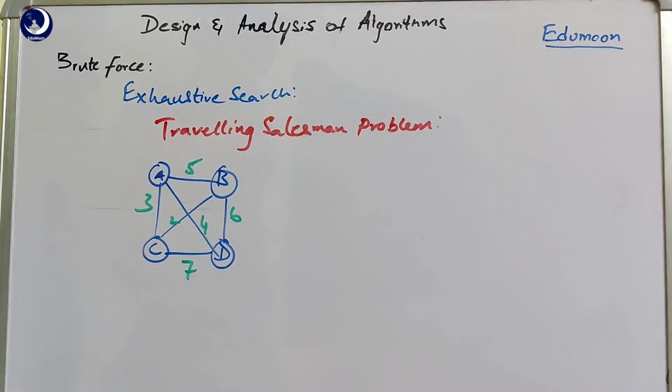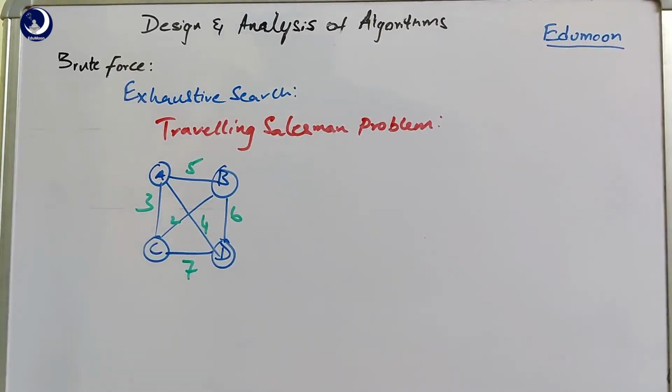In the brute force technique, there are far better techniques which we discuss later in the further chapters, like branch and bound, etc. But here in brute force, this is a straightforward approach, and exhaustive search indicates we try to generate all the possible combinations for the output sequence. We check whether the constraints are satisfied or not, and then we finally try to find the result, that is the optimal result.